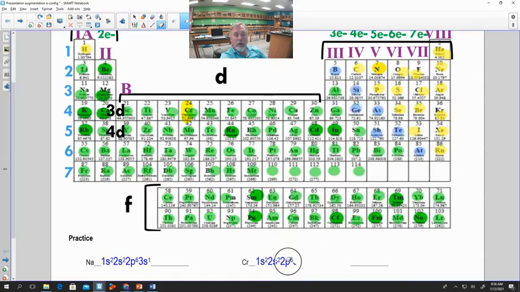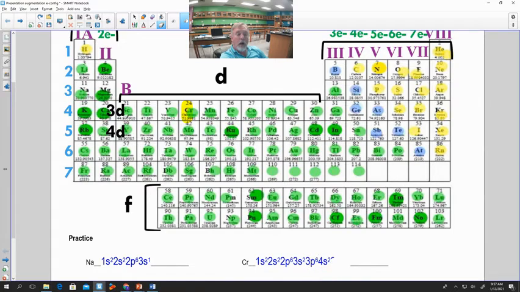We're still going. We haven't gotten to chromium. Come down to level 3, the next row on our periodic table. We have our 3s1 and 3s2 here, so let's put our 3s2 in. Keep going across the same row. You have our 3 P's here, all 6 of them are in there. Come down to our next row, still trying to get to chromium. We have our 4. We have both of our S's here, so we're going to put our 4s2.